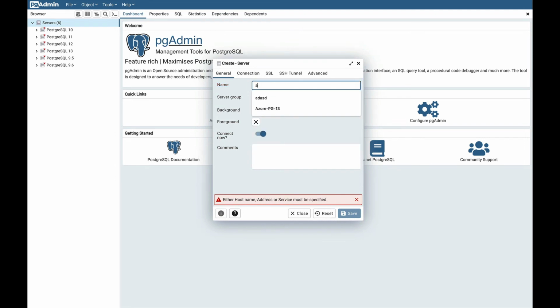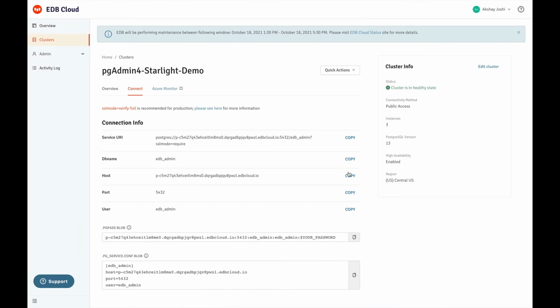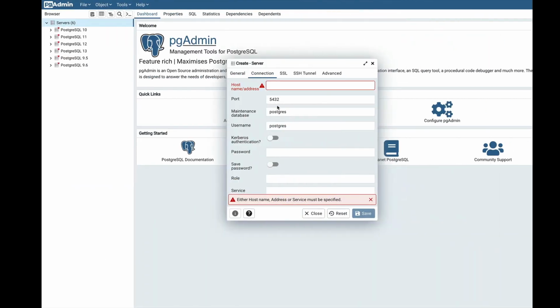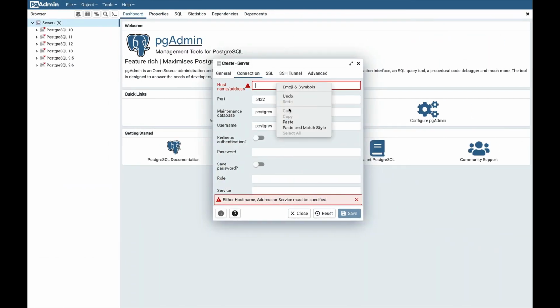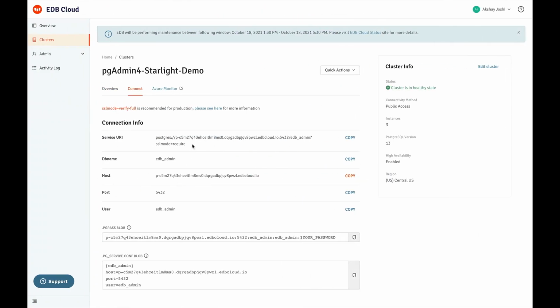Provide the name here. I am providing Starlight PG13. Go to the connection tab. It will ask for the host name and address. We can copy the host name from here and paste it here. Port number is correct, 5432.